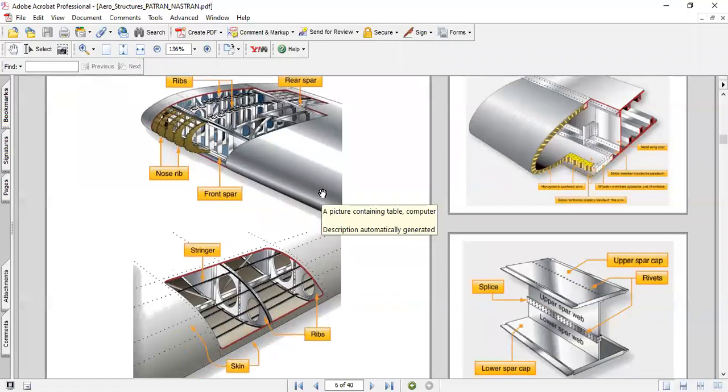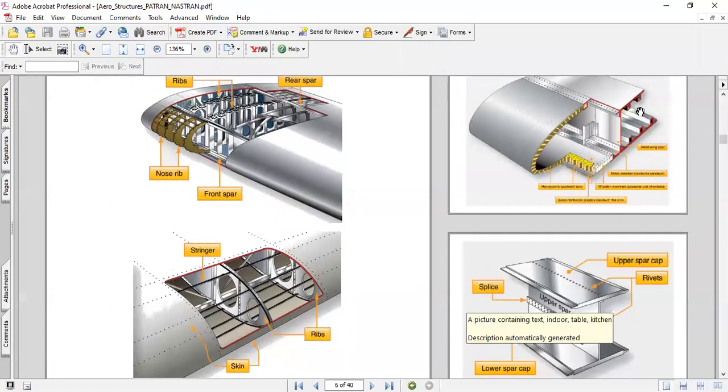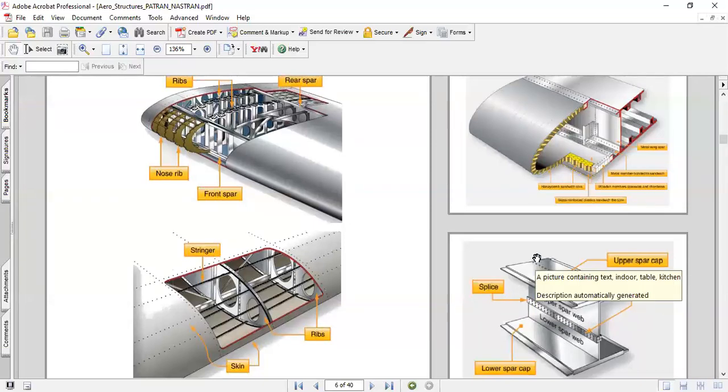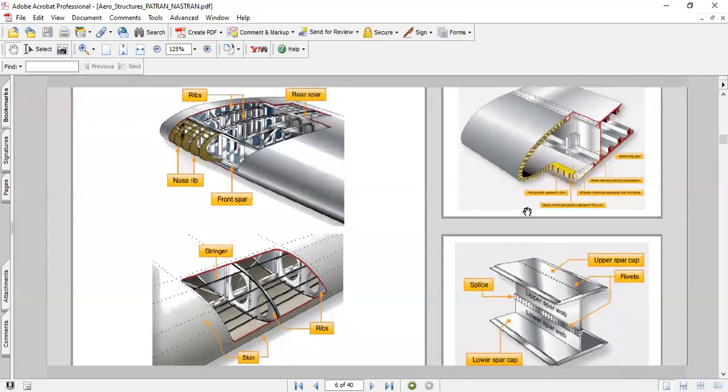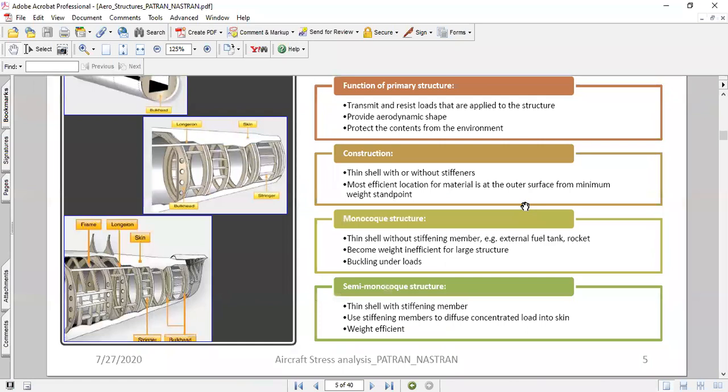If you look at this typical semi-monocoque structure, the flat skin is idealized as a plate, and your spar or rib acts as a beam, making a stiffened panel, basically a panel with a stiffening member. Those kinds of construction.